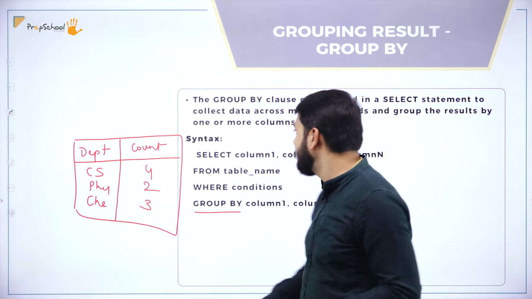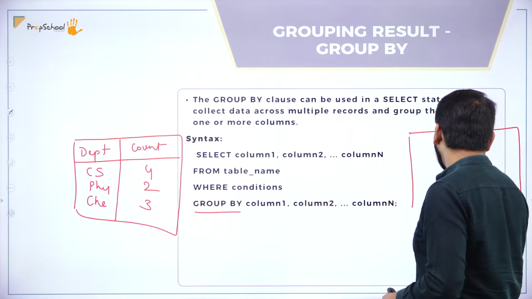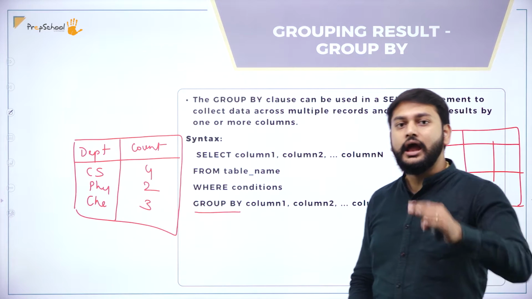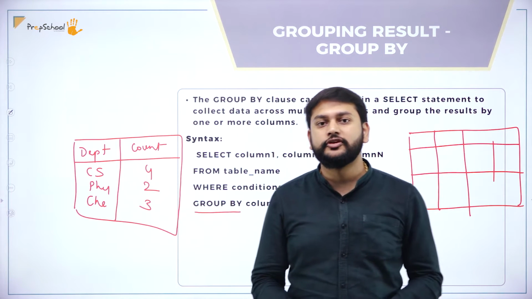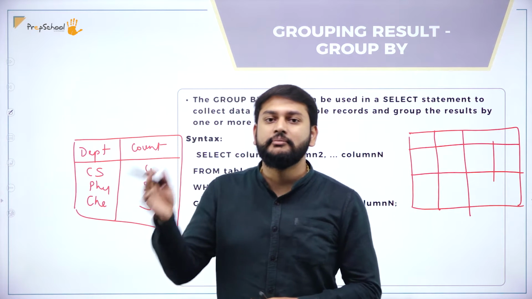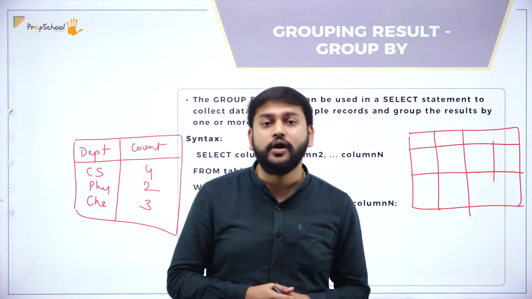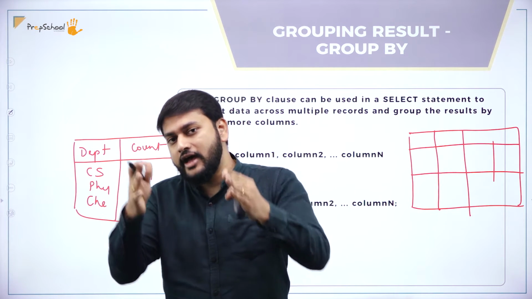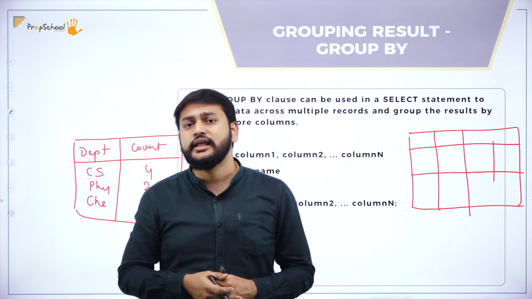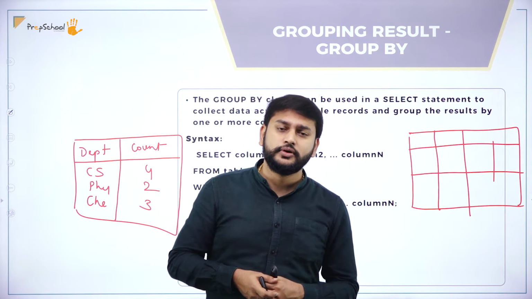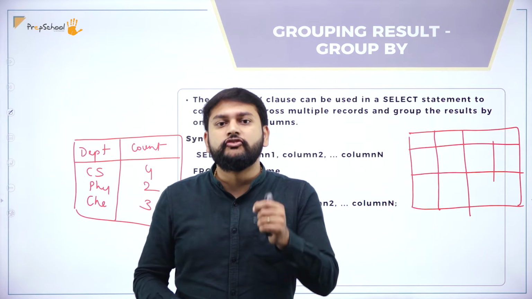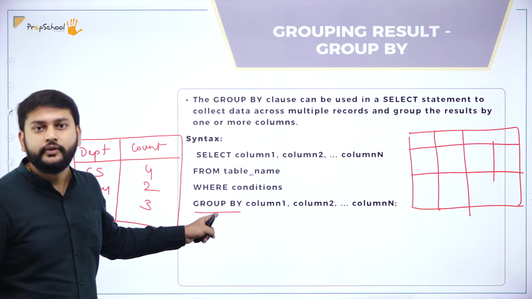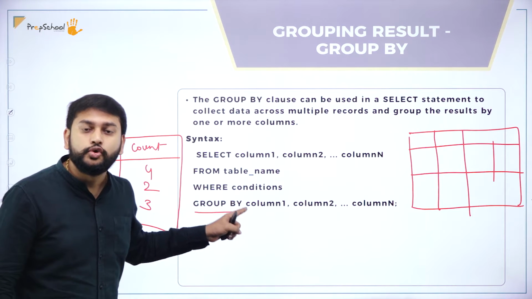Say for example, I have a table where I will have the details about each faculty, and I will have the information about the department that they belong to. But I don't want it like that. I want to group them by department and see how many members I have in the department. I want the data like that. Then how do I group? To group the values, I have a special clause that is group by.